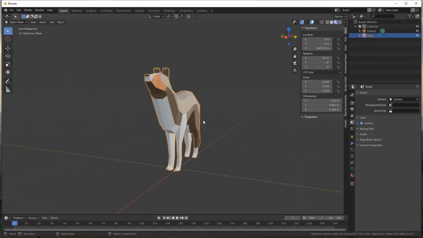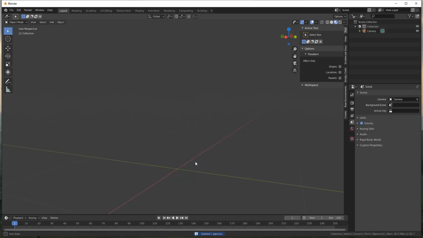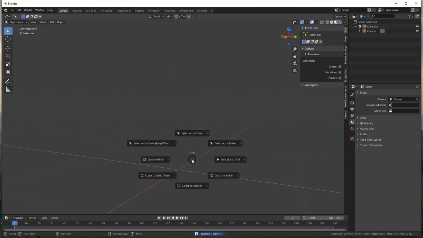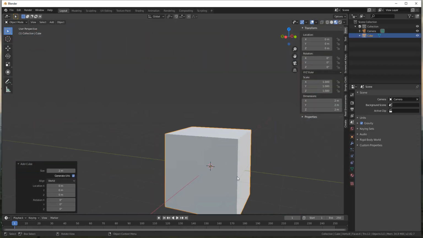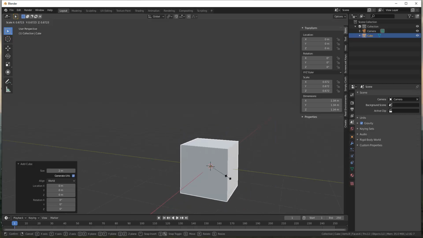And so the way that we're going to do this is I'm going to start off and delete my default model, and then I'm just going to type Shift S and put my cursor at the world origin, and then do Shift A and add a cube for my fence post. So I'm going to scale this down